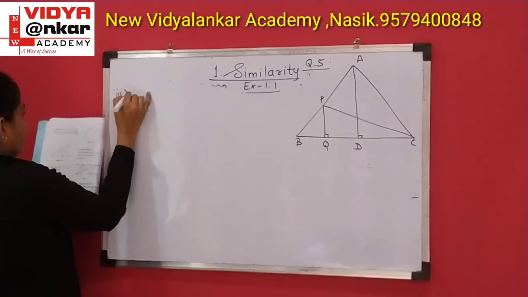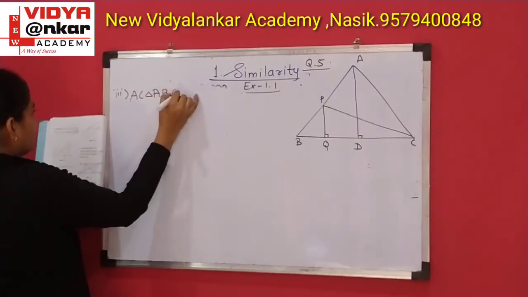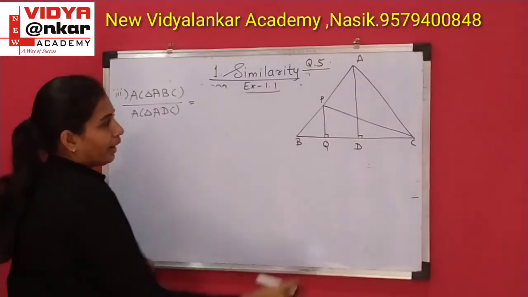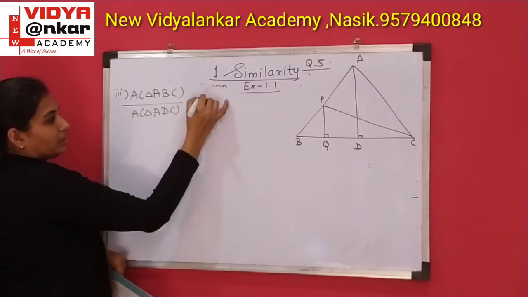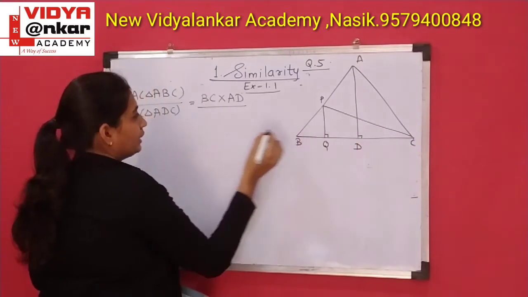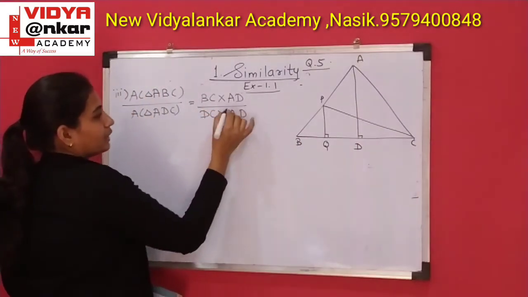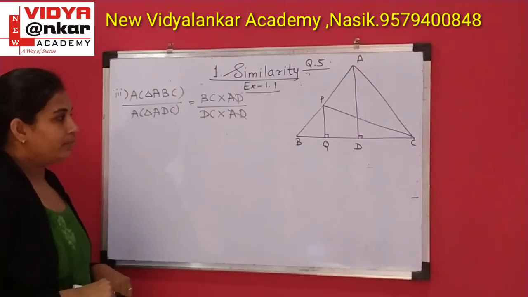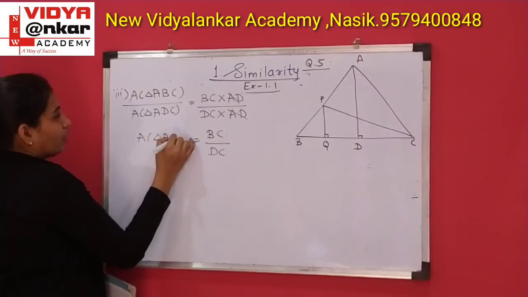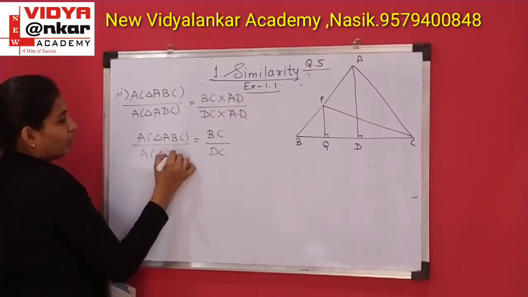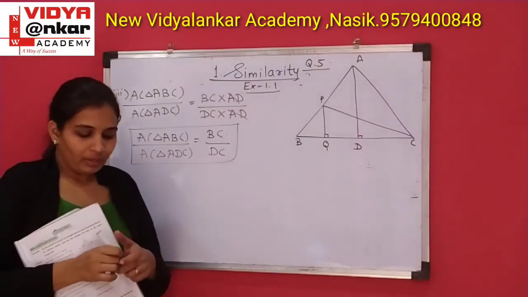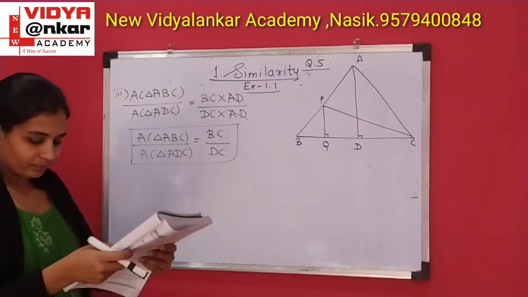The third one is area of triangle ABC upon area of triangle ADC. For triangle ABC, again the base is BC, height is AD. For triangle ADC, the base is DC, height is AD. AD will get cancelled and BC upon DC will remain. We can write area of triangle ABC upon area of triangle ADC is equal to BC upon DC. The last one is